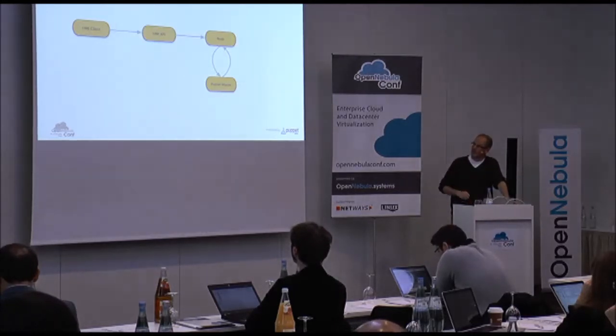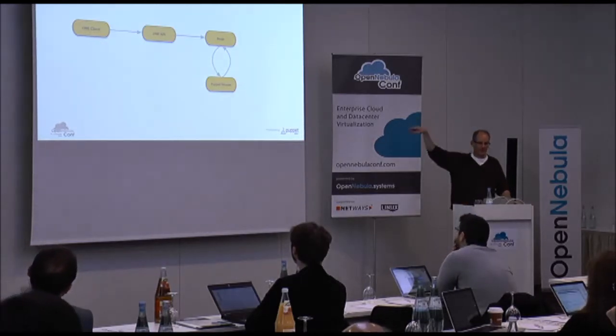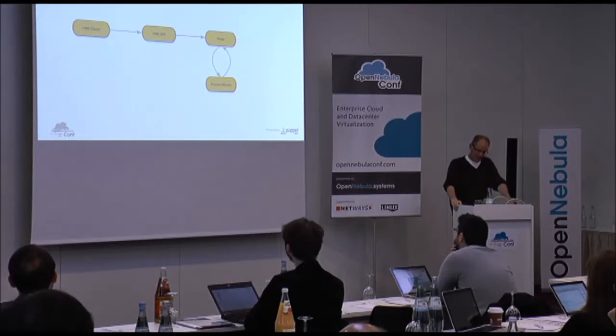So one of the things we've added recently is a better way to deal with this certificate signing problem. If you look at what actually happens in the cloud, you have some OpenNebula client that talks to the OpenNebula API, which then creates the node, and then the node should talk to the master and all that. From the point where the OpenNebula client kicks off the instance creation, everything should be automated.